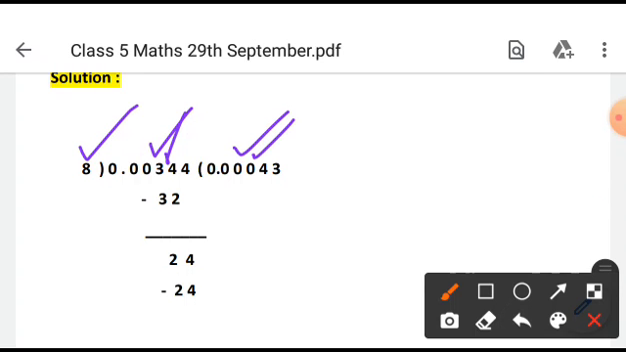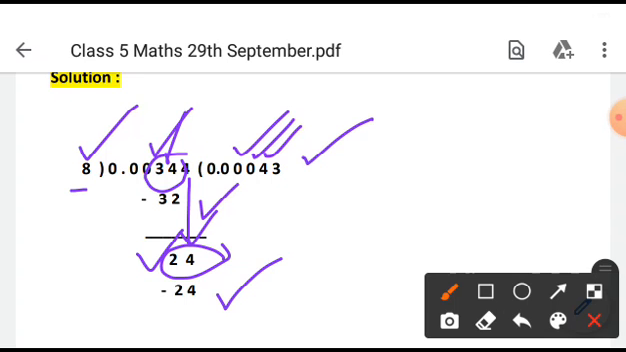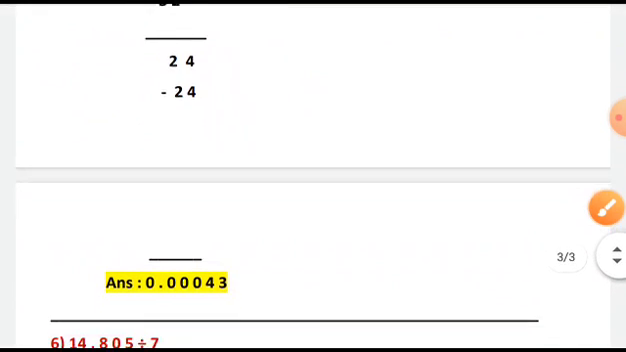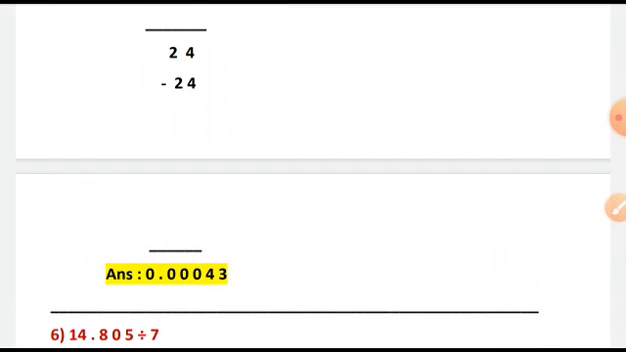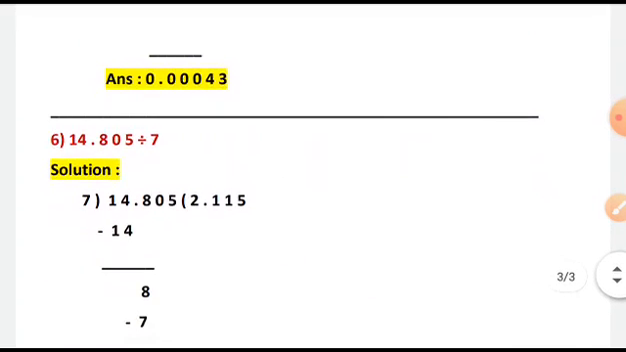Now you are taking this 34. Now you can divide by 8. So you are writing 8 4s are 32. Then remainder is 2. Now bring down this 4 and you have 24. You can write 8 3s are 24. Now no more remainder is there. That means you are getting the answer, that is the quotient, as 0.00043. Next, sum number 6,